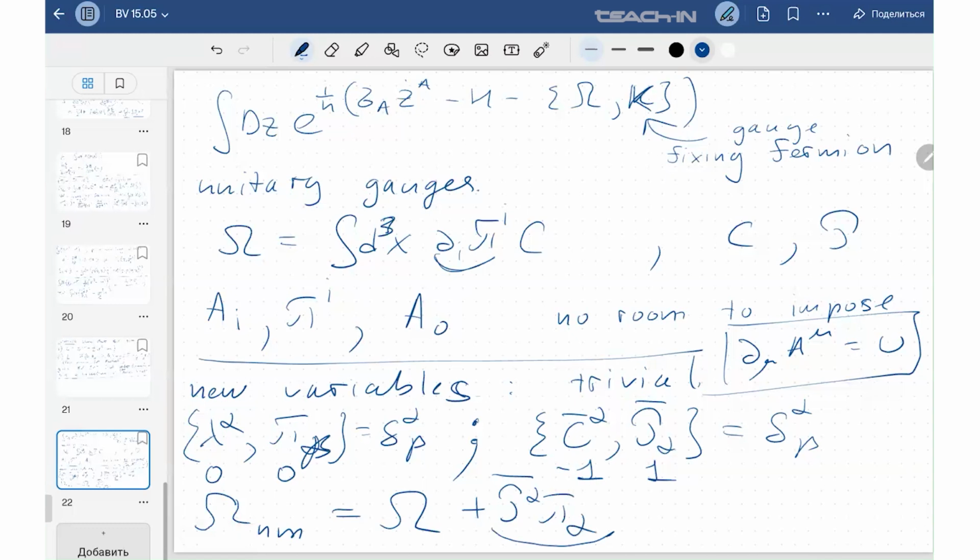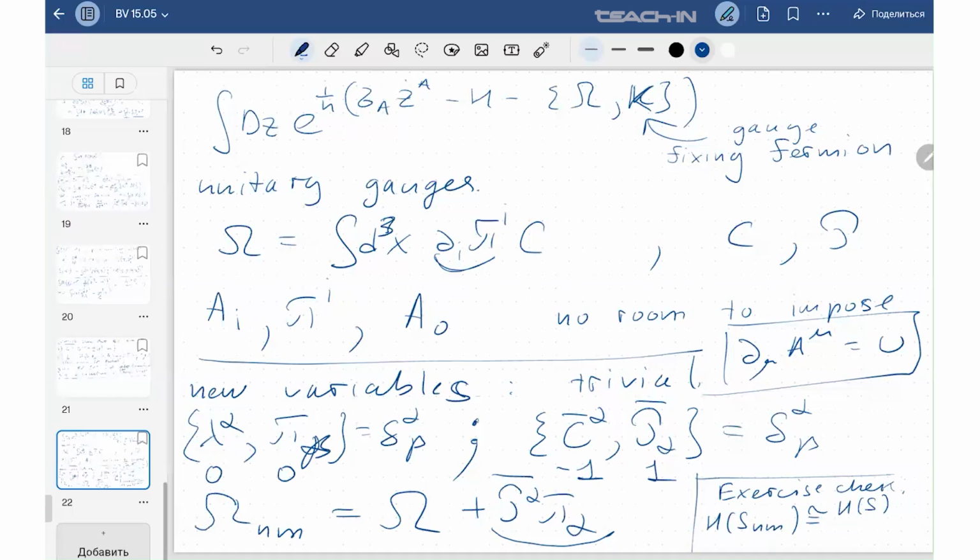In particular, they do not enter in cohomology. If we evaluate the cohomology of the Berezin differential determined by omega non-minimal, this is going to be isomorphic to the Berezin cohomology determined by omega. Algebraically, it's identical. Exercise: check that H of S non-minimal is isomorphic to H of S, where the differential is just a Hamiltonian vector field